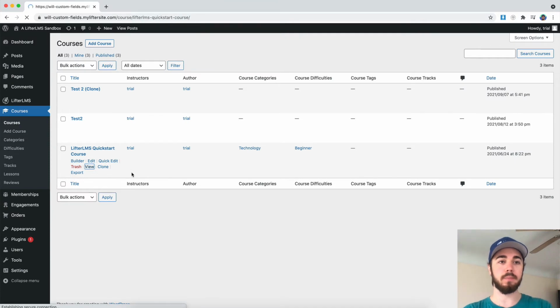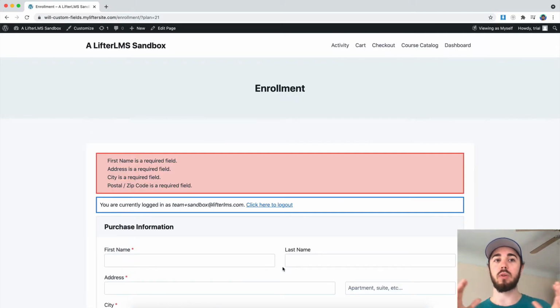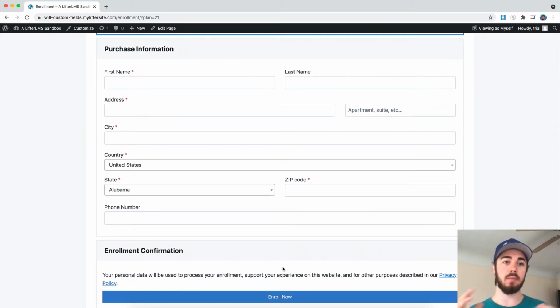So I'm currently logged in as the admin on the website, and if I view one of my courses, I'm not currently enrolled, so I'm going to see this access plan to enroll for free. When I click sign me up, it's going to take me to the purchase page, but it's taking me here because it doesn't know my first name, address, or phone number, and these are fields that it's asking for on